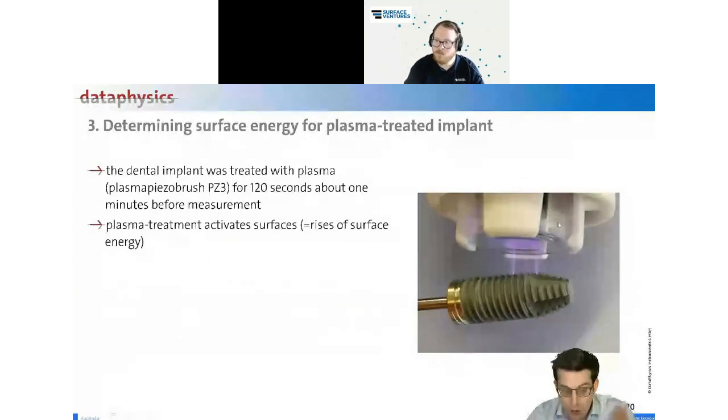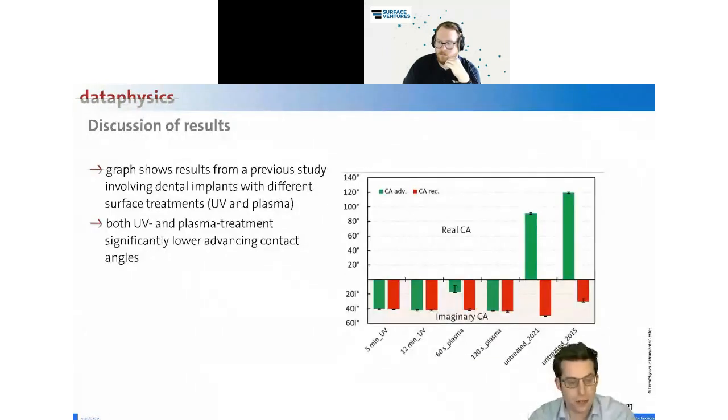Good. You have also seen I have done the plasma treatment of the surface, but we do not do the measurement now again. I just show you the very nice results that we have already gotten. To tell you a little bit of the story before, these measurements we were doing together with a tooth doctor. At the moment, in each dentistry practice that is implanting this kind of tooth implants, they normally have